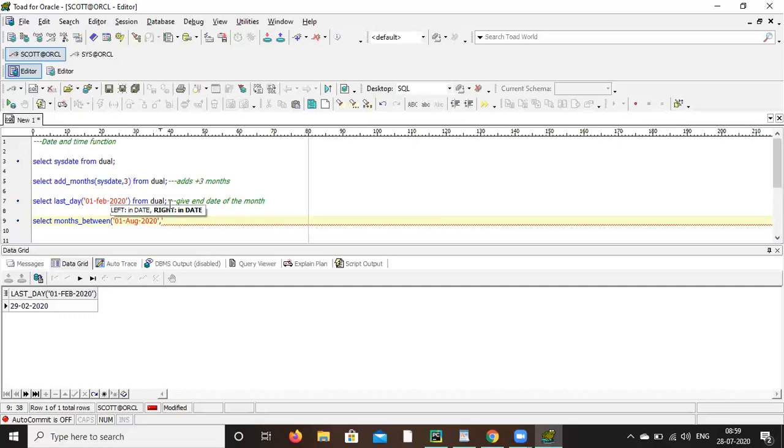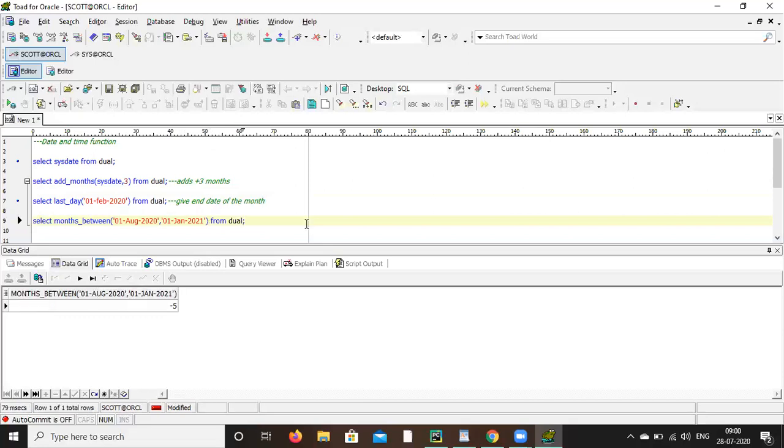From dual. So it is giving -5. August to August, September, October, November, December, January.